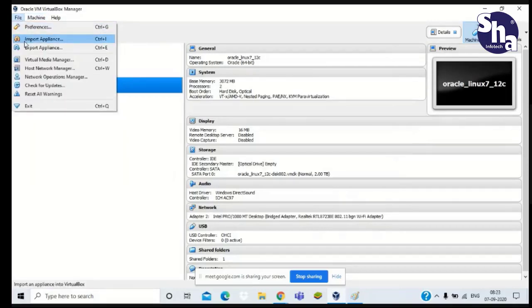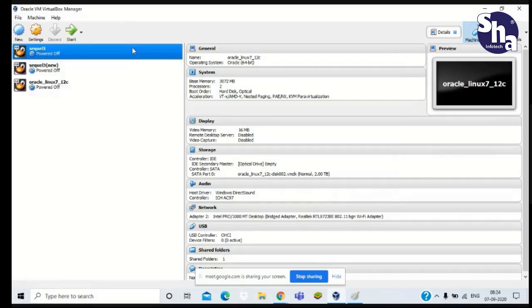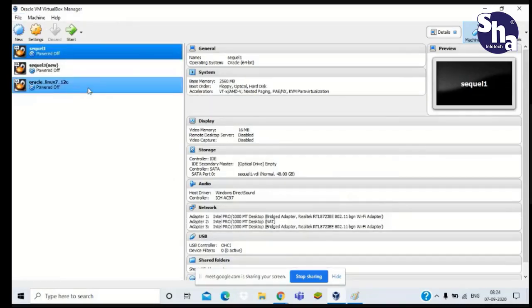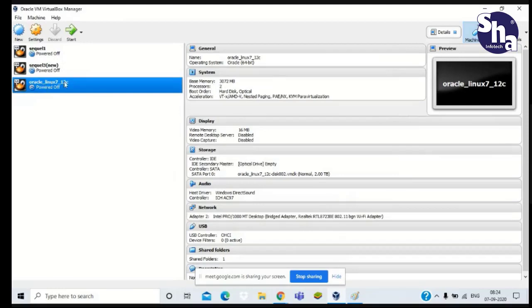You will see the information about that particular VDI. Just import it with simple steps, next and close. Then it will automatically import, and you can see on your screen that it is already created and present here. So let us start with creating a machine.